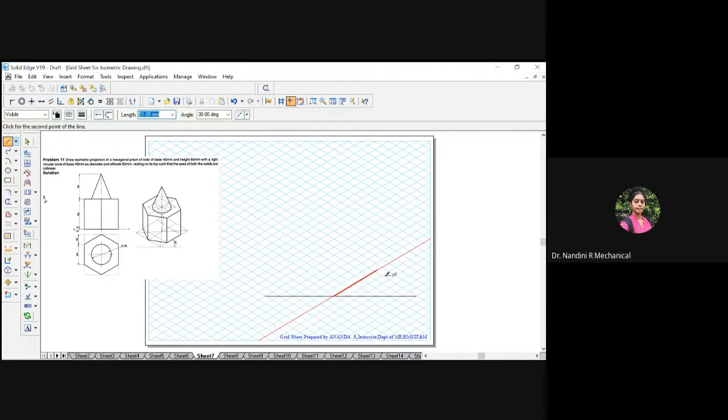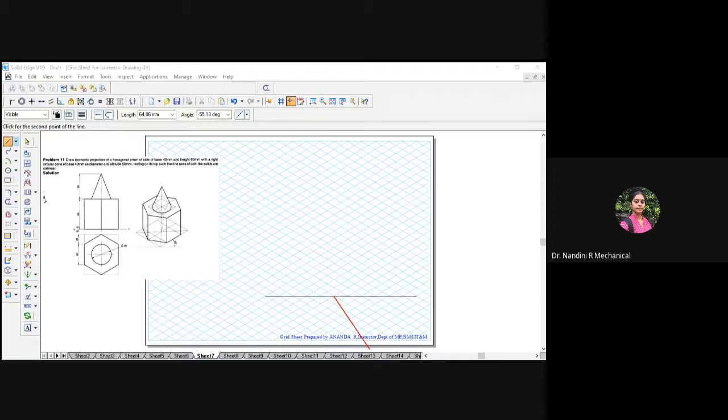So this side, if you are taking 80, first you should calculate the value. So it is 80 into 0.8164. So how much do we get? It is 65.312 mm.